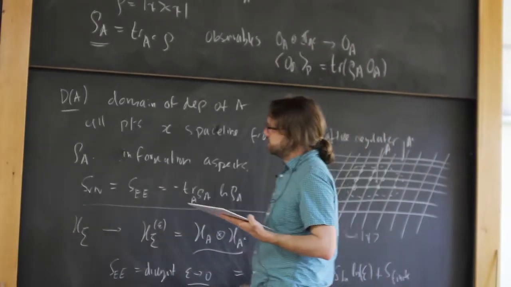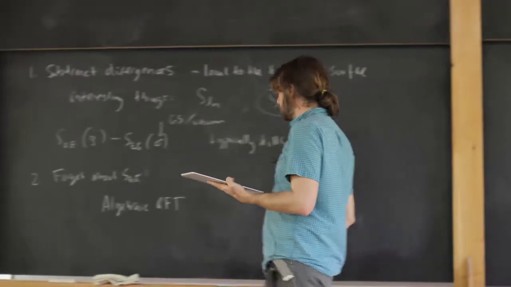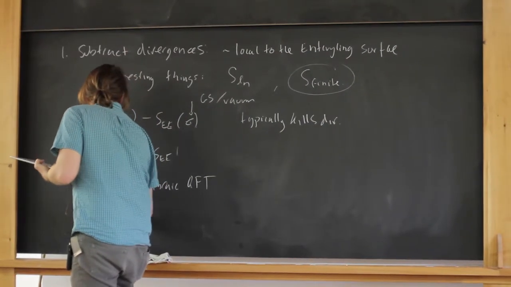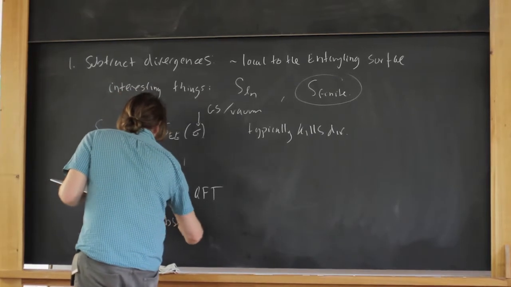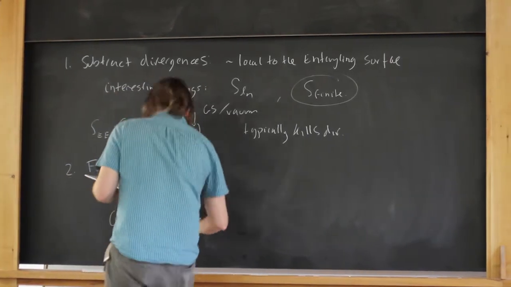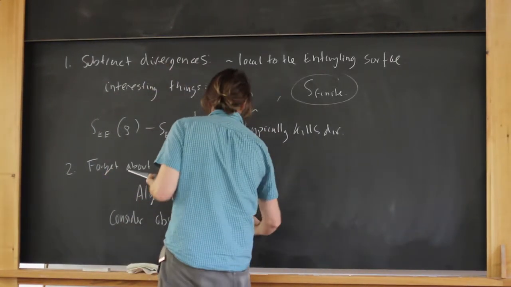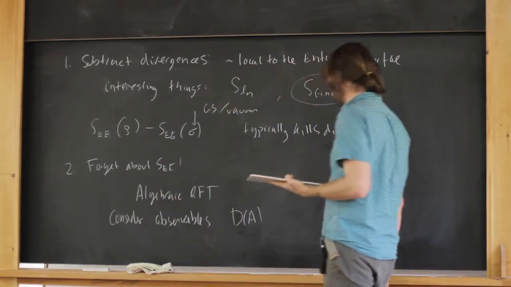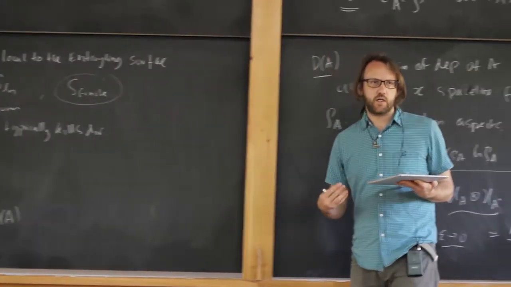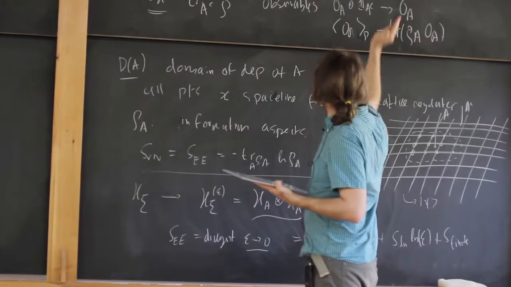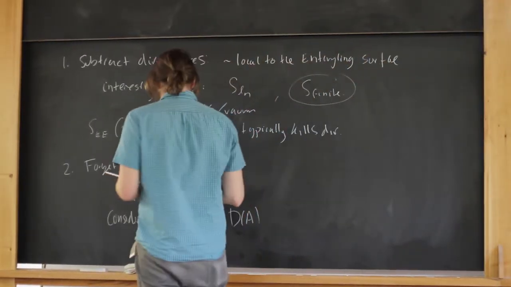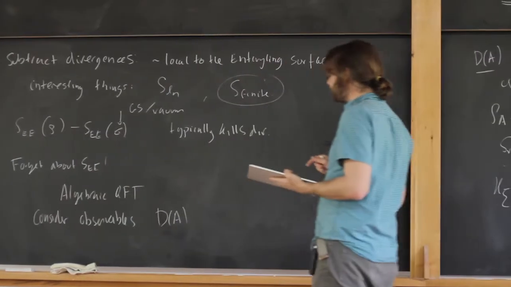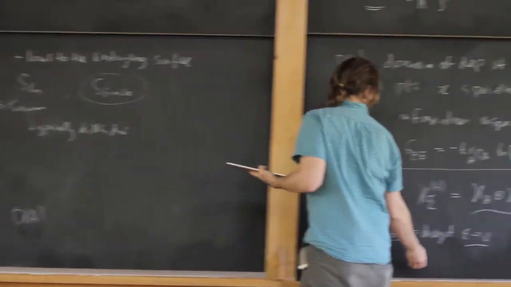Okay. So in particular, we're going to consider observables that are somehow localized in some region, and we should take a causal region, right, as motivated by this discussion. So we'll take some domain of dependence of A, some causal region. And then